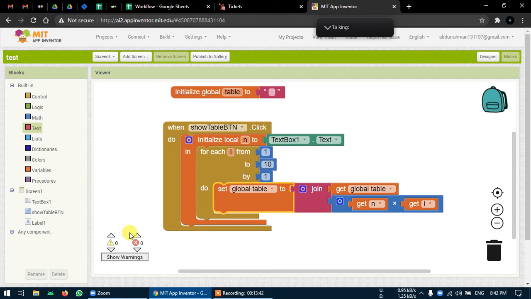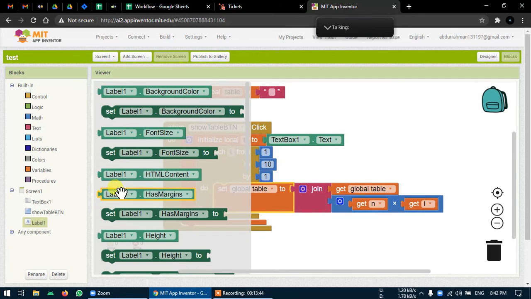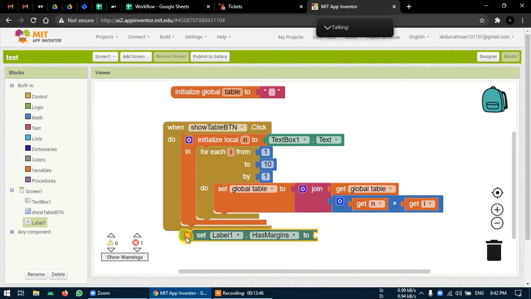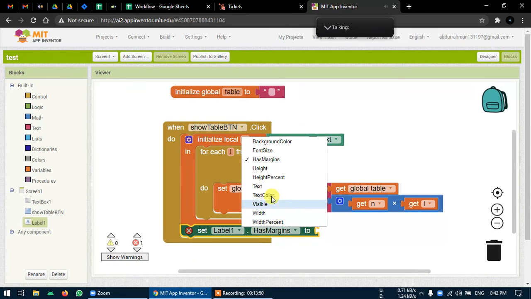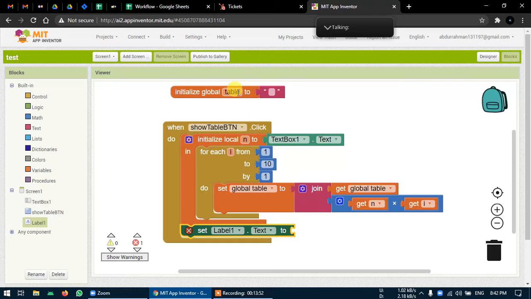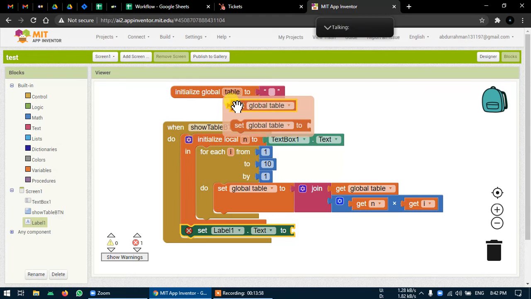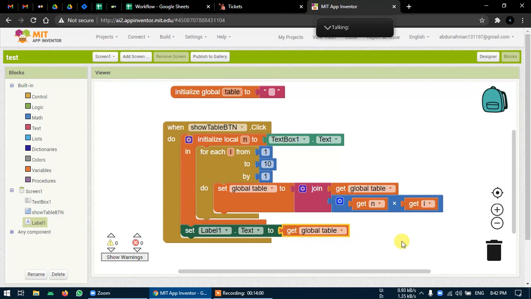Now what we need to do, we have a label here. We can set the label text. Set the label text to what? Because we already have all those numbers inside this global table, we can use the get block of it and put it over here.